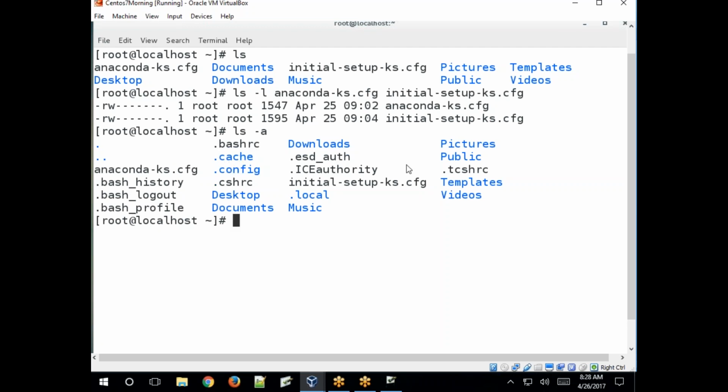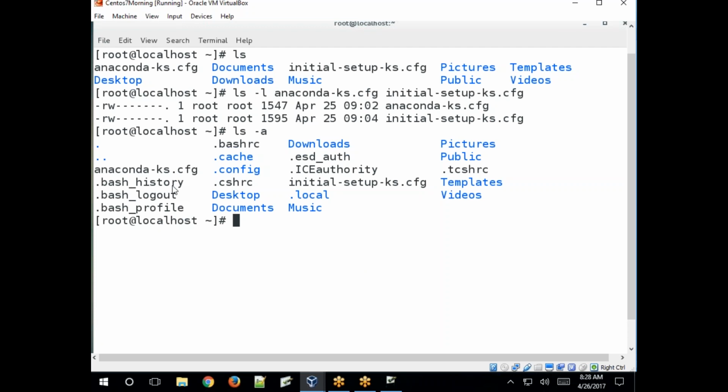These are all hidden files and hidden directories. Hidden file names start with a dot. See, .bash_history is a hidden file. Clear?